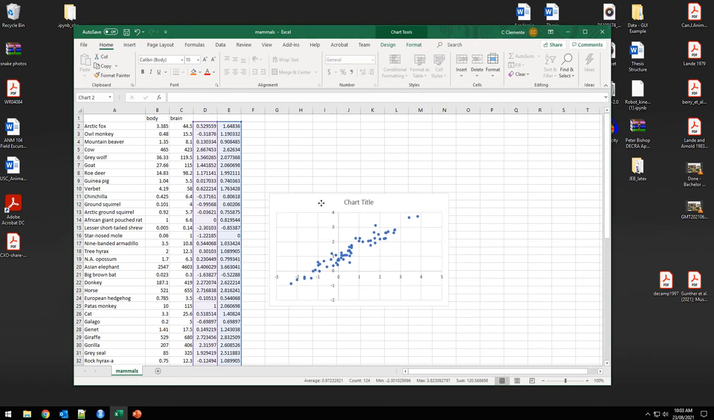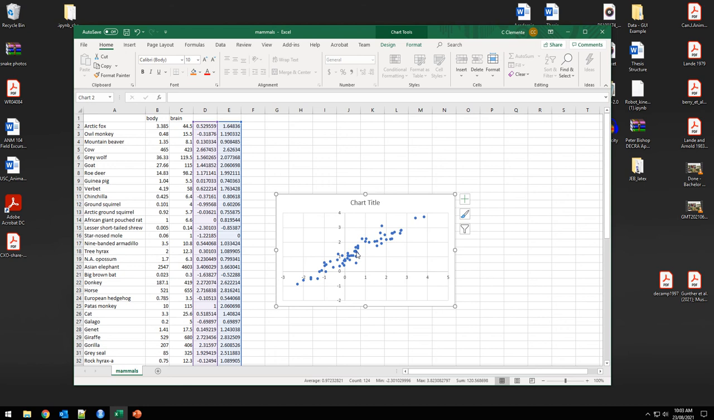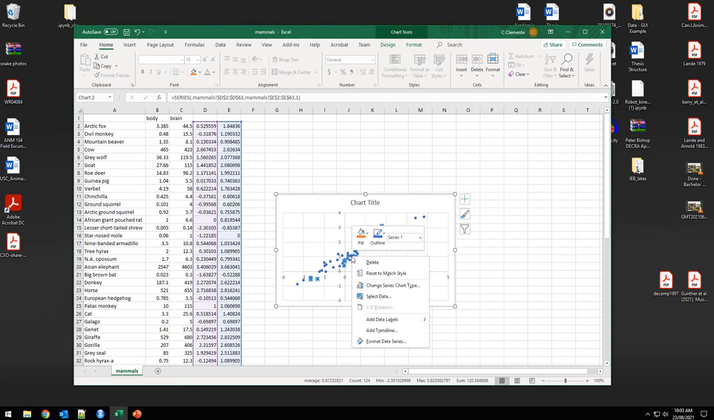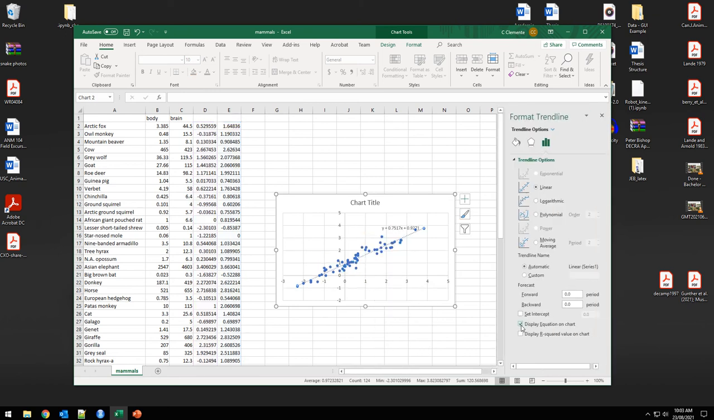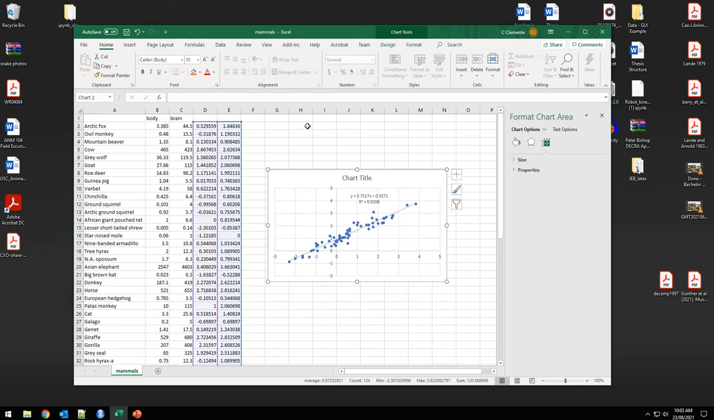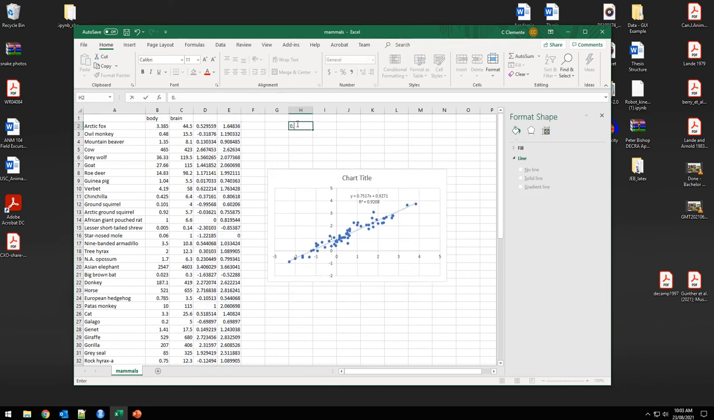And I want to know what the relationship between these variables is, so I'm quickly going to click on my data, right click on my data, add trend line, and then check the boxes for show equation and R squared on the chart. So there we have R squared and our equation, and I can write down these numbers,